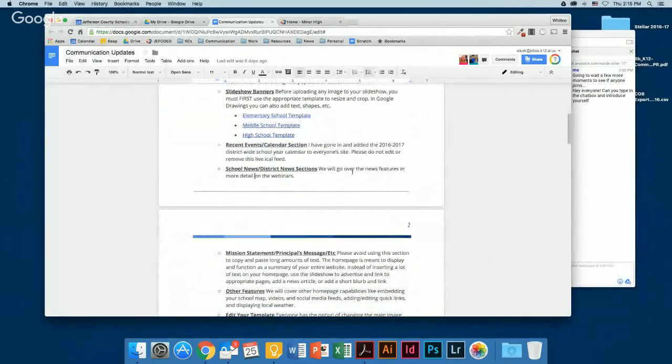The news portion, most people are just to their website, but this is a great opportunity to get people interested in your website by continuously adding new things to your homepage. That way, every time they go there, they see something new. So they see that you're updating your website and that you're taking time to communicate with everyone.